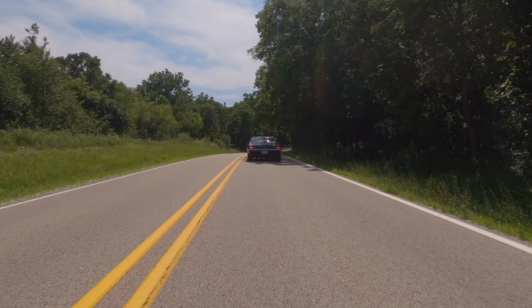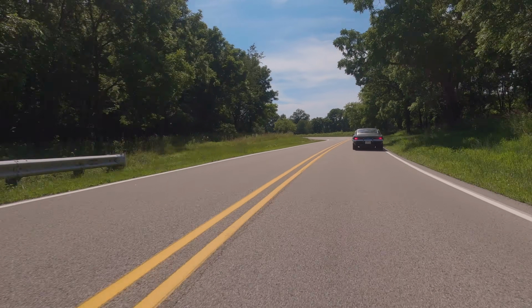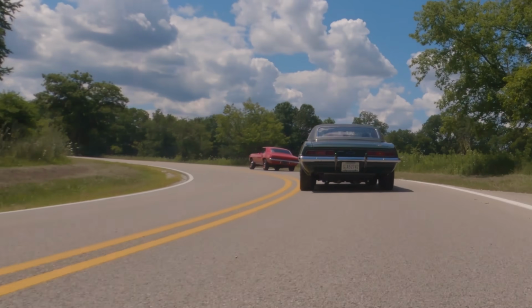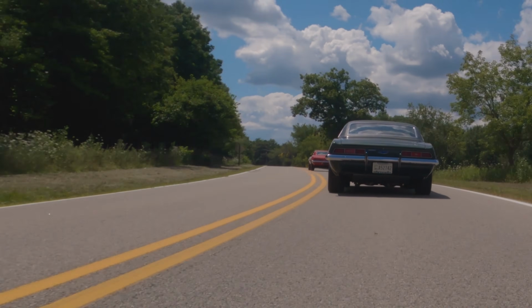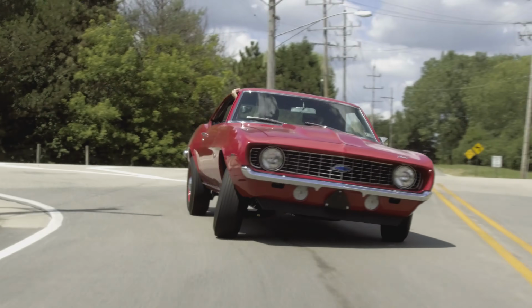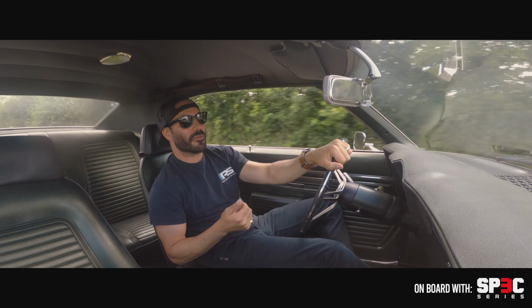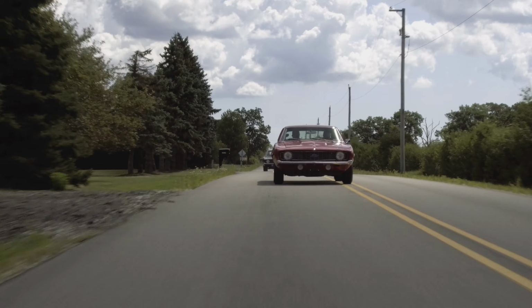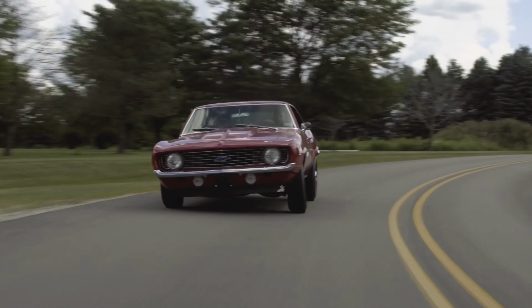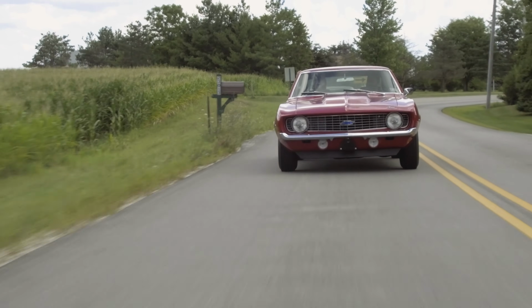Right up here, we're coming into some cool little switchbacks and some S-turns. This car is so easy to drive, so easy. And the only thing slowing me down right now is the fact that I'm watching the Camaro in front of me pull about 7 degrees of negative camber on one side and 7 degrees of positive camber on the other side. So maybe we'll slow down, let them get ahead of us a little bit so we can actually carry some speed through these corners. Oh shit. It's a 35 and a 40 around a corner. That was